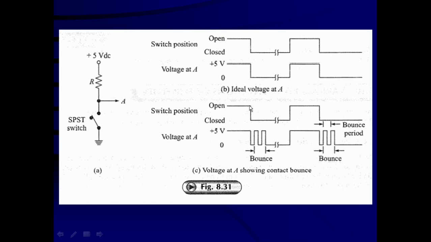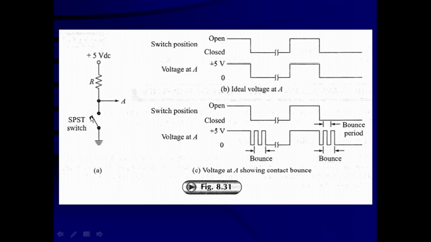So this kind of waveform is generated. When the switch is changing from one stable state, open, to close, the voltage at point A changes from high to low, plus 5 volt to 0 volt, and again because the contact is bouncing, the arm is disconnected. So again the voltage rises to plus 5 volt. Again it makes a contact, so again it is 0, again it is high, again it is low. That way the bouncing occurs, and the waveform that appears in actual at point A is like this waveform when the switch is changing its position from open to close.